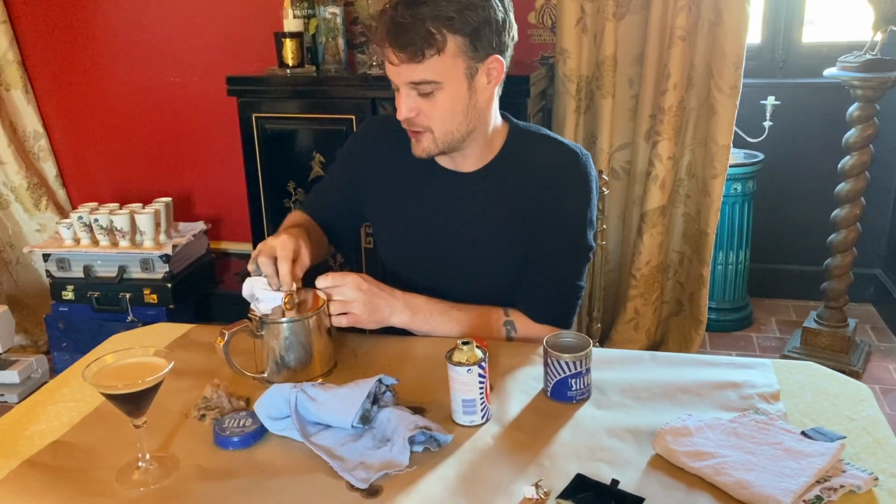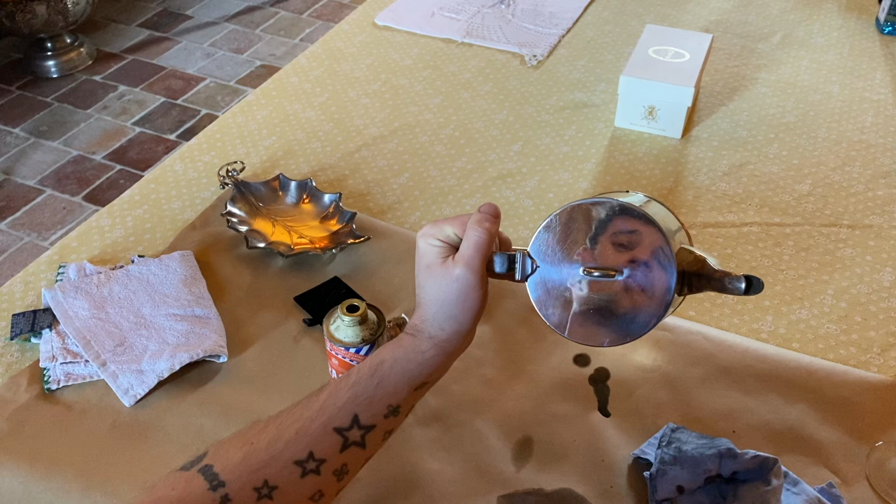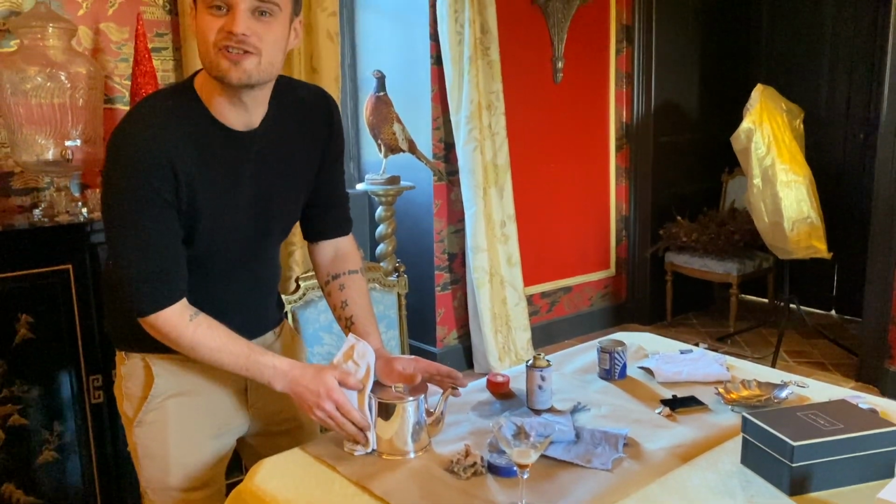Do you know that you're a ridiculous man? Thank you. Oh, that's a lovely shine, that is. Oh, the difference. It's like a mirror now. Yep, it's a mirror. Perfect. From charity shop to